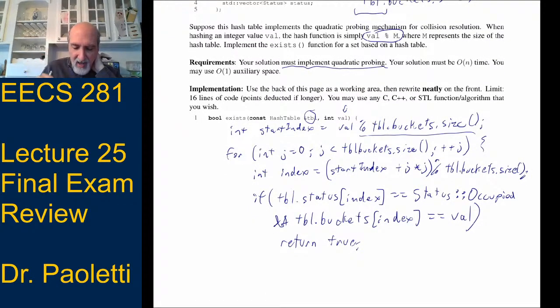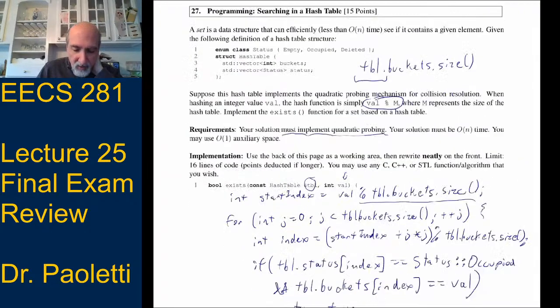Now, if I find an empty one that's never had anything in it, I can return false. So I can do that here if tbl.status subindex is equal status colon what is it called, empty?